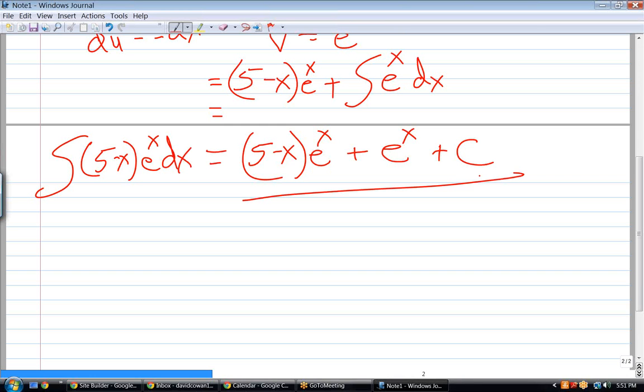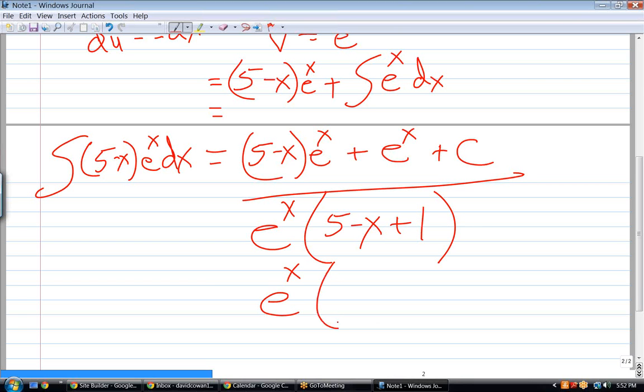And we can simplify that by factoring out an e to the x. What's left over when I factor out an e to the x? 5 minus x plus 1. So now it simplifies to